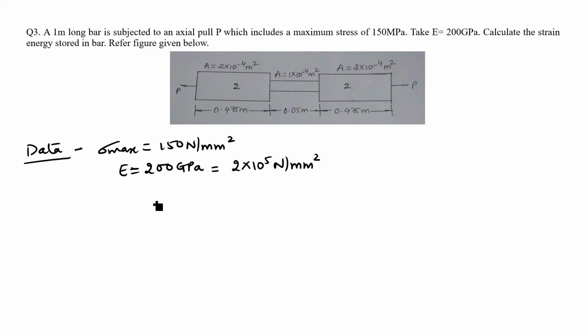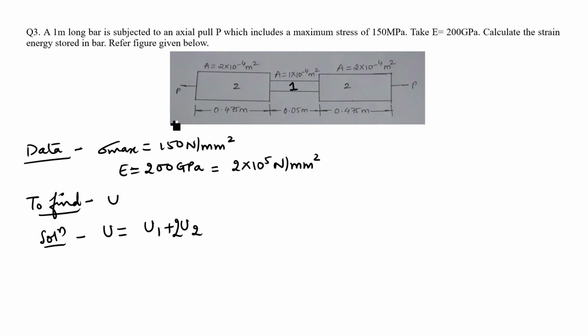Calculate the strain energy stored in the bar. So I have to calculate the value of total strain energy in the bar, U. When I solve this, I can write down total strain energy will be U1 plus U2 plus the third one. Now, this is my bar 1. If you look here carefully, U1 is for the first bar, and U2 can be written twice rather than writing U2 plus another term. So I'll just write here it is twice U2, because U2 is going to be 2 times,